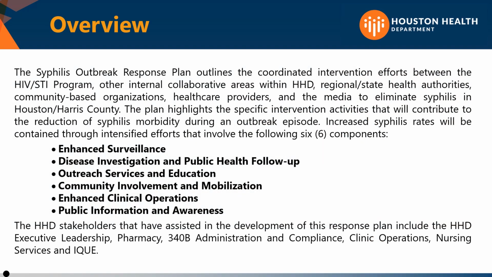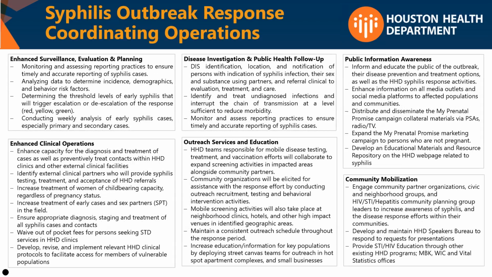So this slide gives a brief overview of the 6 components of our outbreak response. I won't spend too much time here because this last slide gives a better idea of the functions and strategies of each component. So this first one you see in the top left is enhanced surveillance, evaluation, and planning. And essentially,